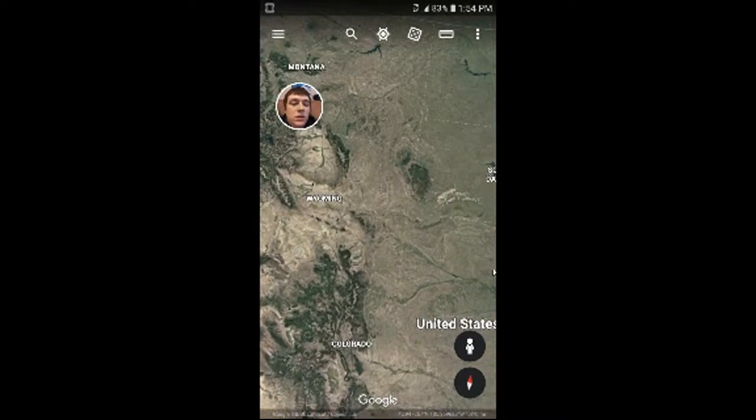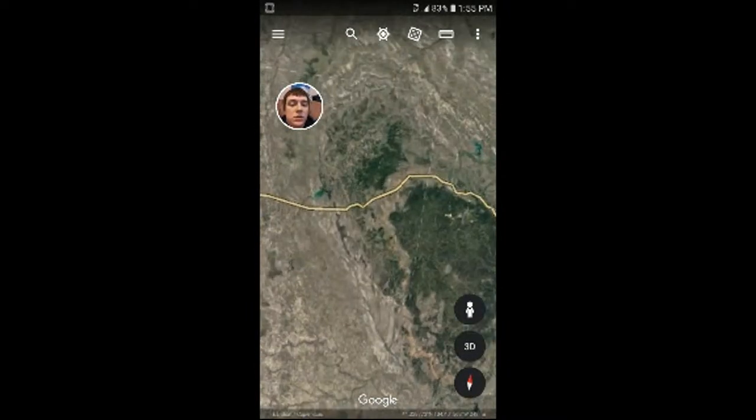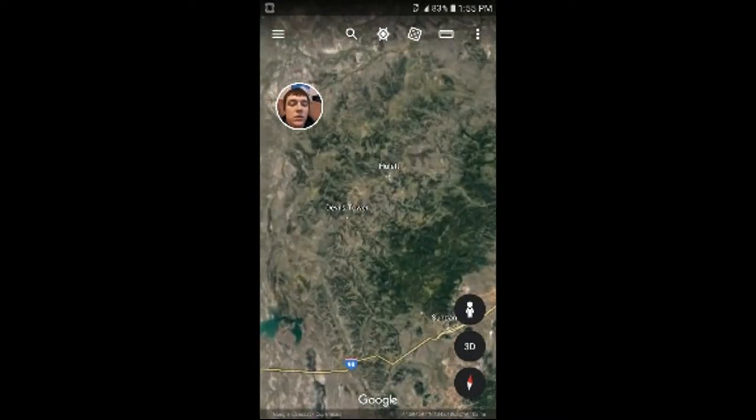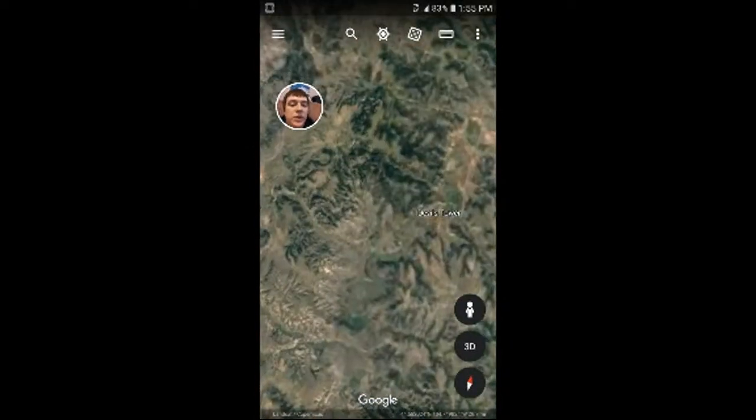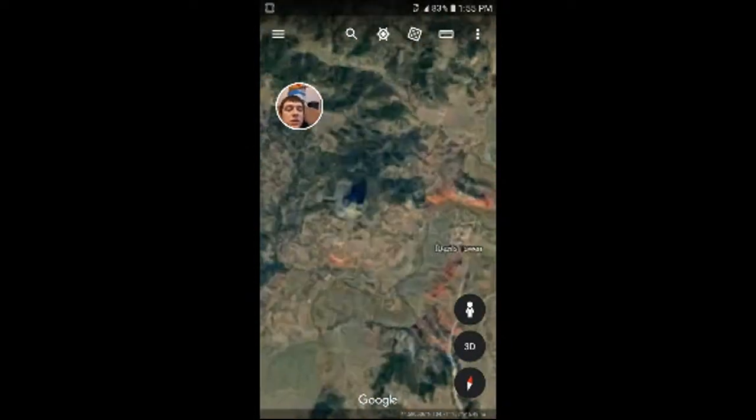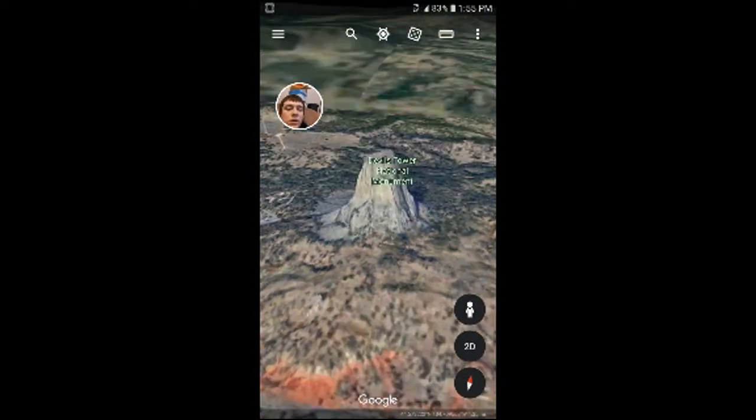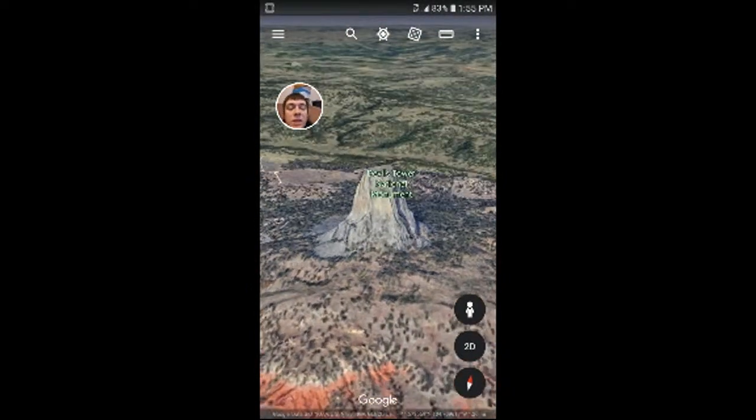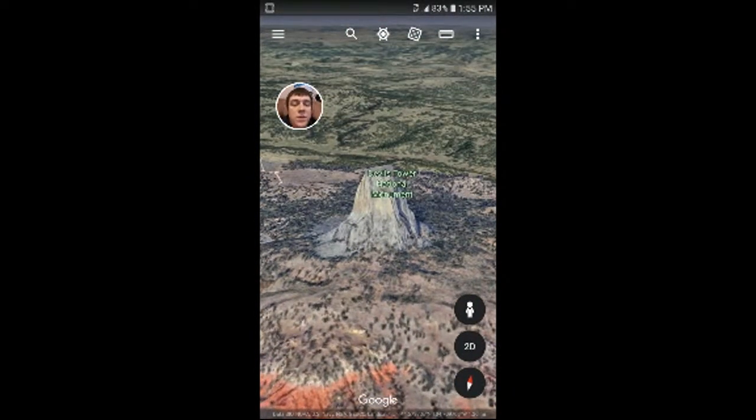Which kind of brings me to this thing over here. Some of you guys might be familiar with it. It is the Devil's Tower in Wisconsin. Now there are other things like this, and like Utah and plateaus in